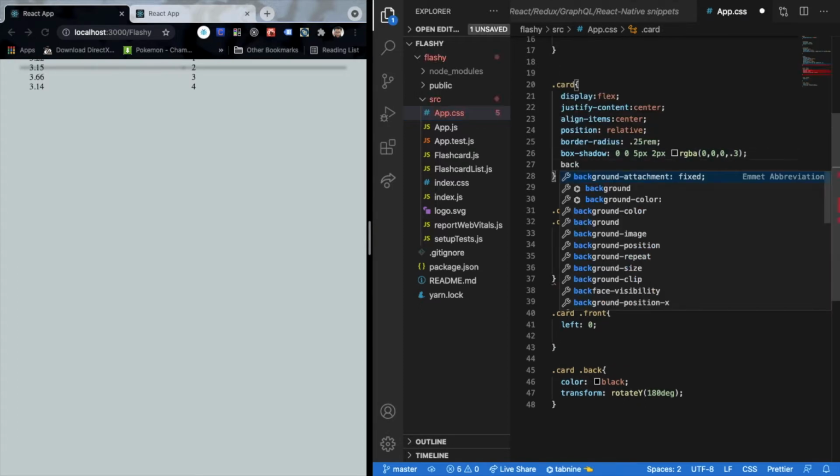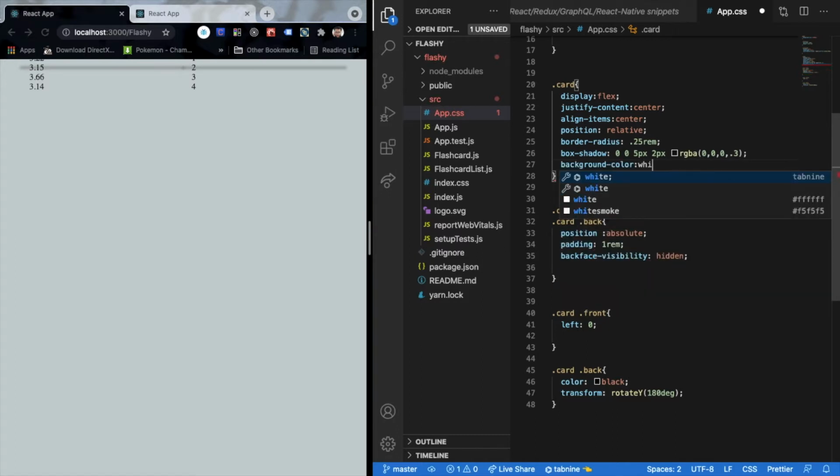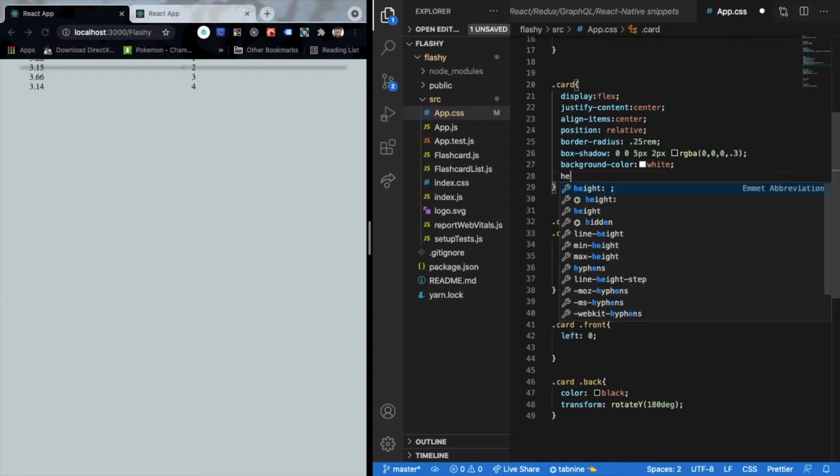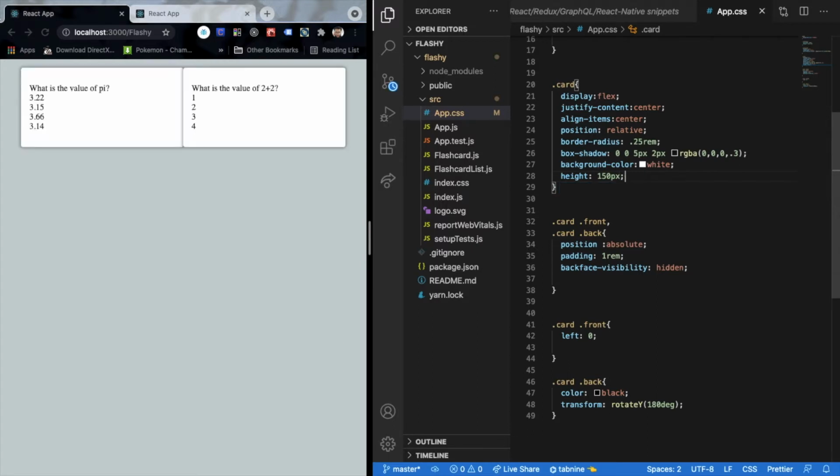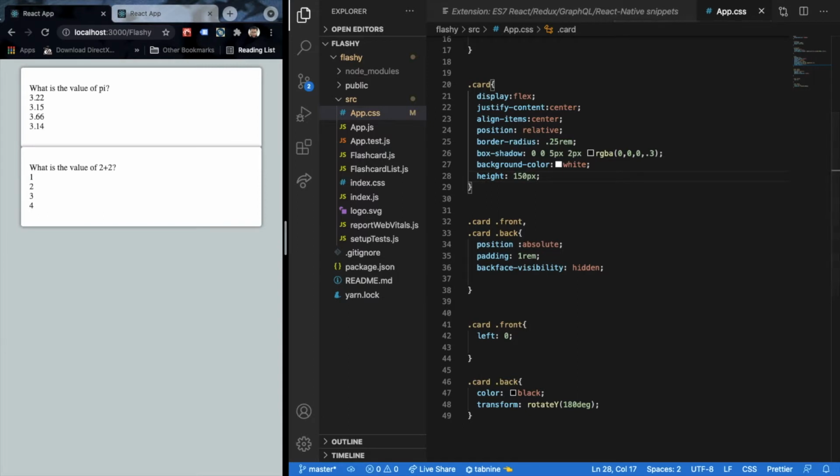So let's say that I want to add my background color. First of all, I want to see if the cards are taking shape, so the background color should be white. Let's add some height over here. For now, I'm using a fixed height, but as we move forward, we'll be setting a dynamic height based upon the grid structure or based upon our screen size. So this is just to showcase what would happen right now. And now that we have our height, we are able to see our cards properly. If we just move back, you'll be able to see how these cards are structured over here.